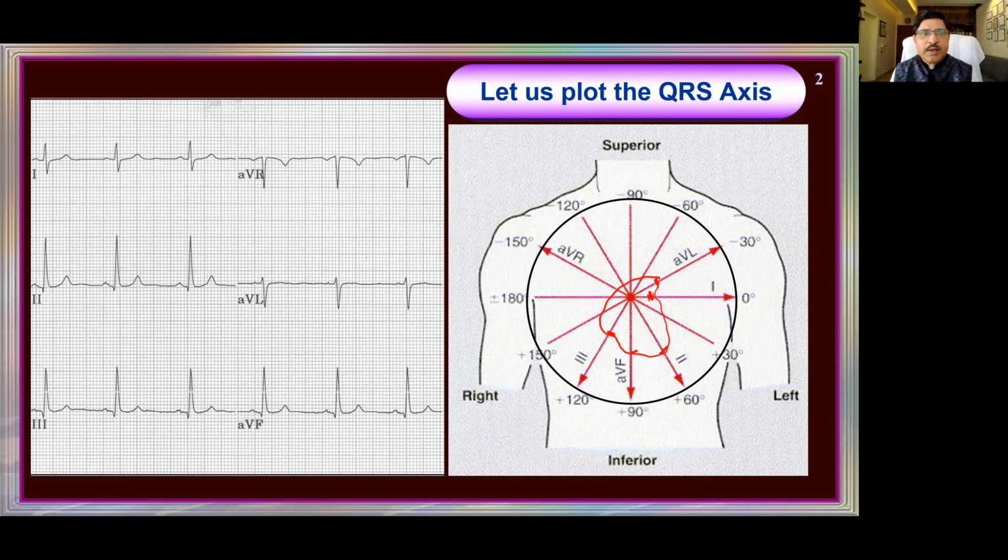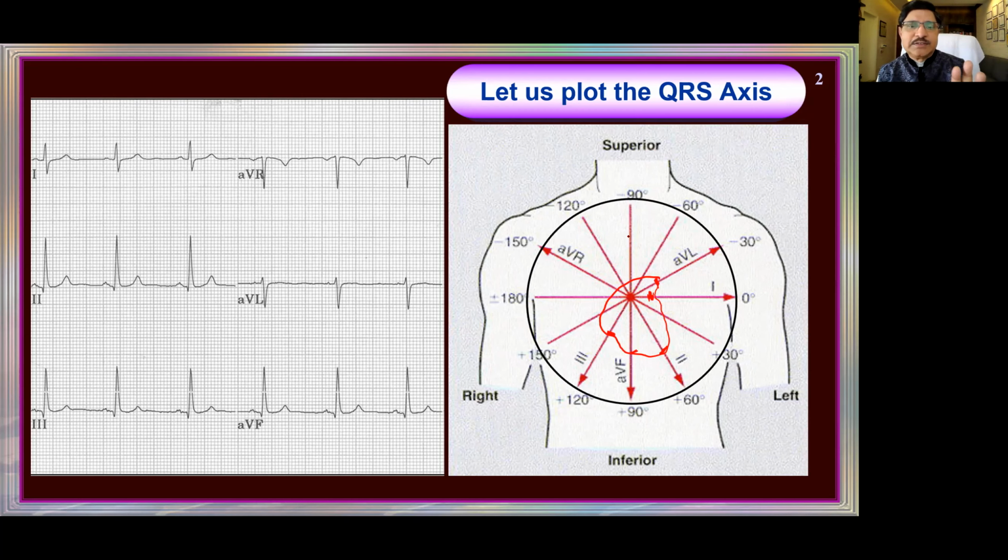What did I do? I took each positive and negative and made it into one number. And what is the net number there, deflection, and then plotted on this, imagining that this is 0 to 30. You can scale each axis. And then depending on the positive or negative, L1 is positive, so I marked here, L2 is positive, I marked there, L3 is positive, I marked there, AVF is positive, I marked there. Suppose AVF were negative, I would have plotted there. So this is one normal axis.